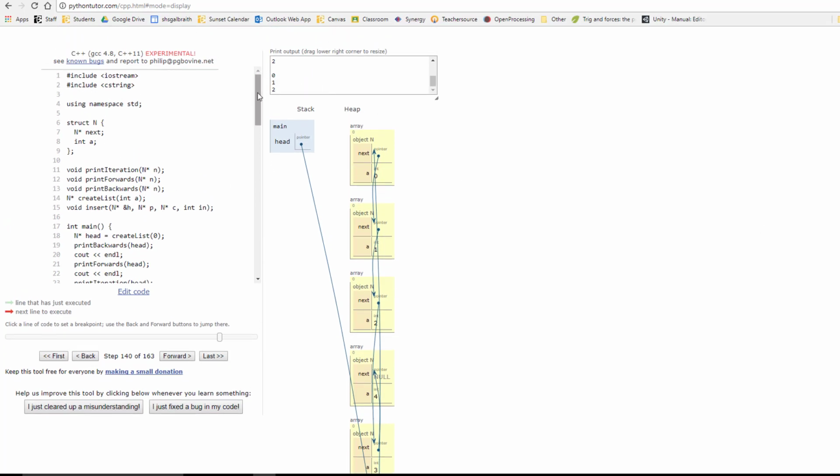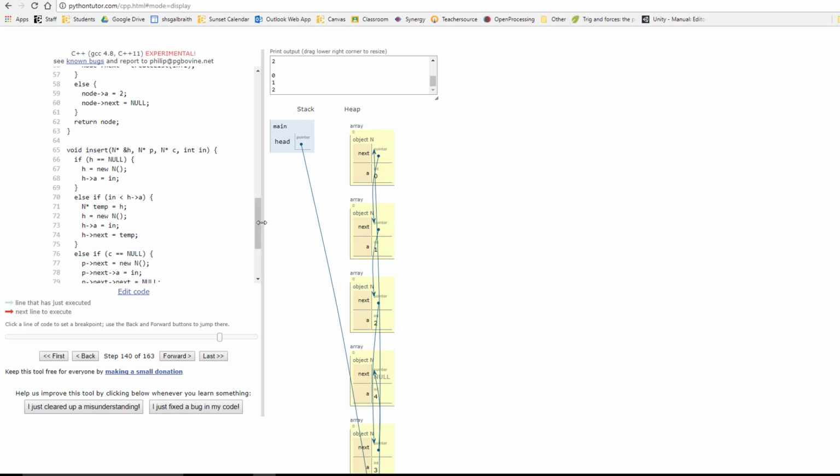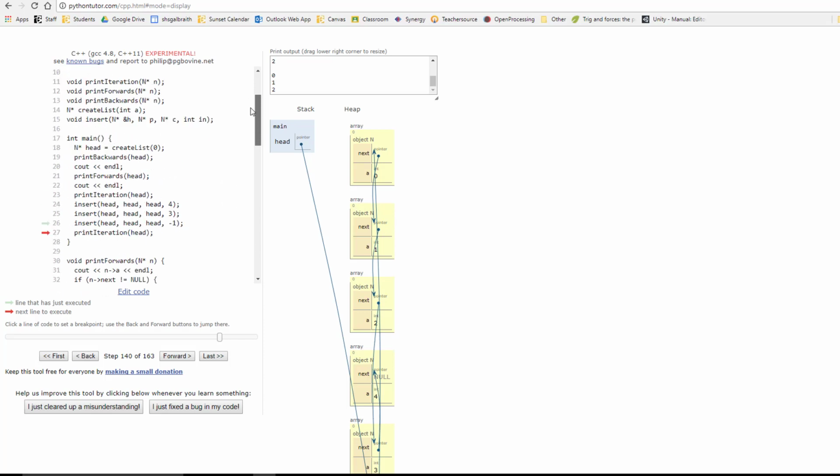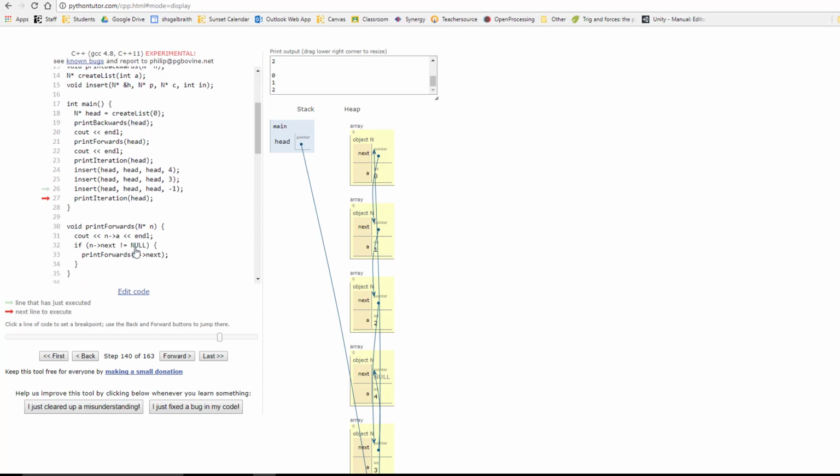You have to often use this trick with the previous and next in order to repair pointers if you aren't keeping track of that. A doubly linked list would help to solve this, but you still need to repair pointers in the process. And then if you have a head node that you need to alter, that's where you would do this original value. I could have moved these two head pointer calls to do just a quick check on those two before I actually make my recursive call, but at some point you're going to need to deal with that special case. And then just to prove that, yes, indeed, it does print out in order,